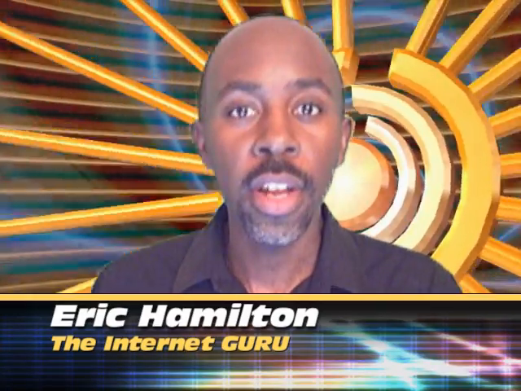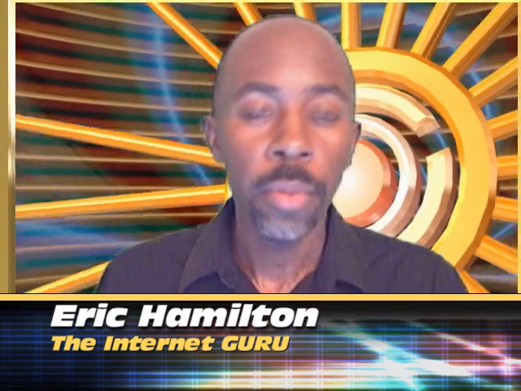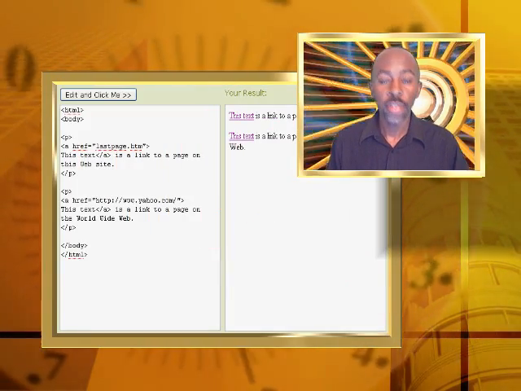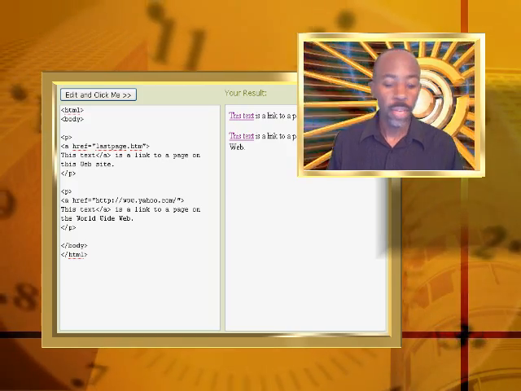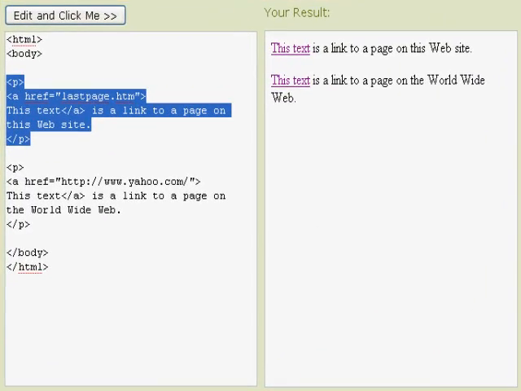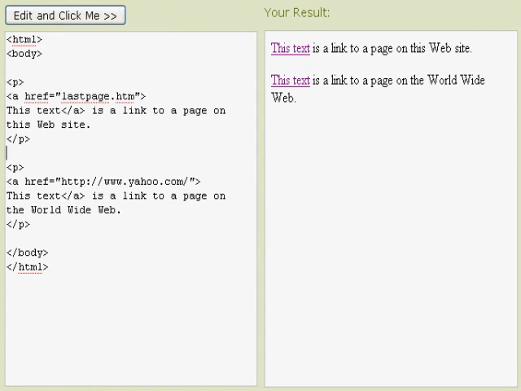Everybody's clicked on a website link, but what we're going to do is talk about what happens behind the scenes as far as the HTML is concerned for a link. This first demonstration is an internal link. We're simply linking to a page on our website, which we just call